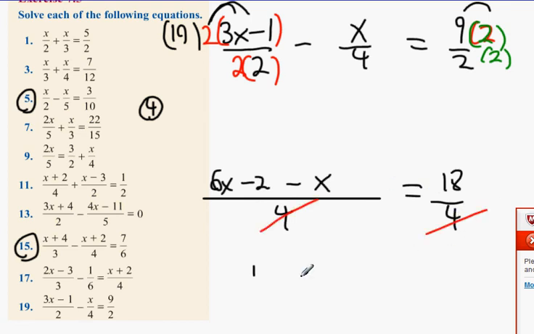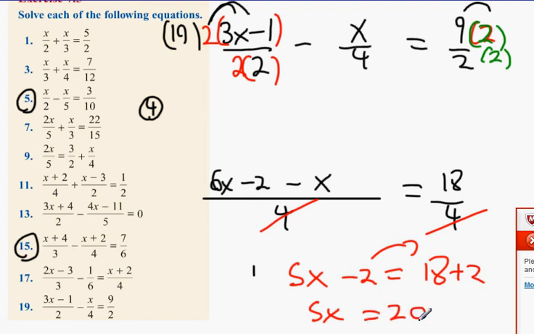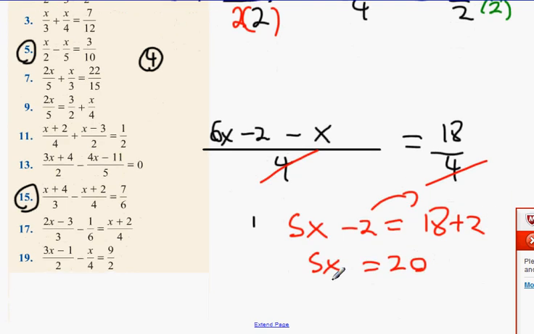They're the same, you can cross them off. Okay. What about this part here? 6x minus x is 5x. And minus 2 equals 18. So 18 plus 2. 5x equals 18 plus 2, 5x equals 20. x equals 20 over 5. x equals 4. There's the hardest one in the batch apparently. Alright guys,